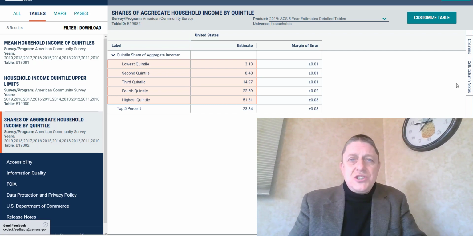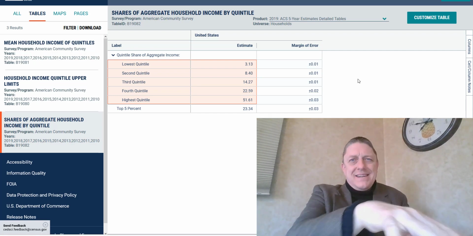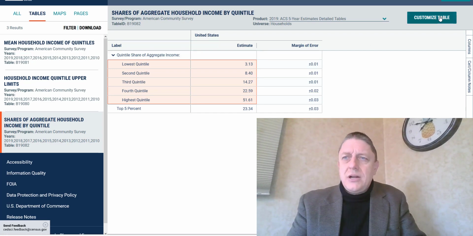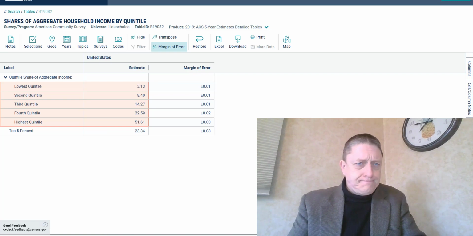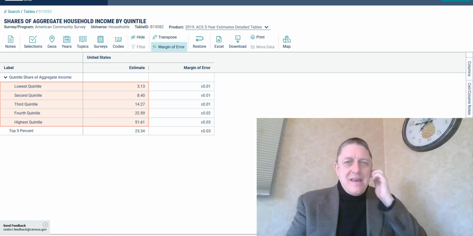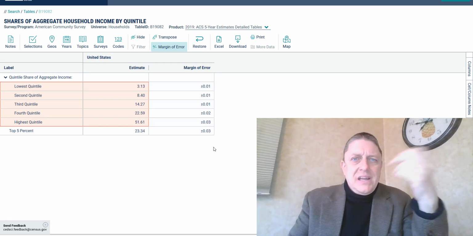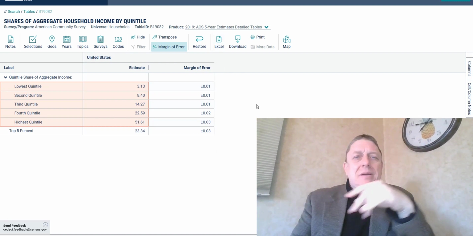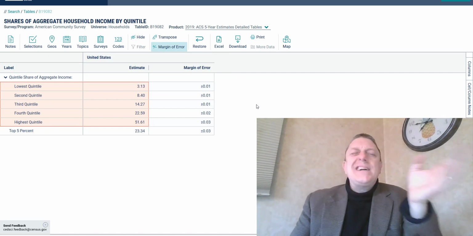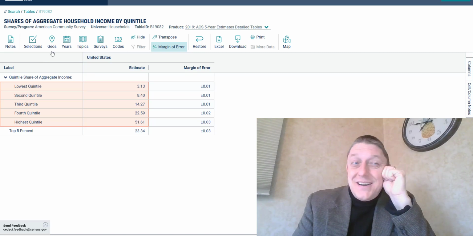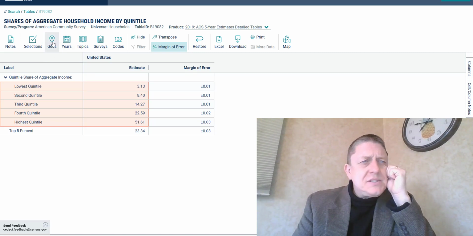And the way to do that on the Data.Census.Gov website is to go to Customize Table. And there are lots of ways to customize tables, which is lovely. One of the things you can do, by the way, is download to Excel. You could put this on a map, all kinds of neat things like that. You can play with that another time, but I'm really interested in this tab over toward the left called Geos, because